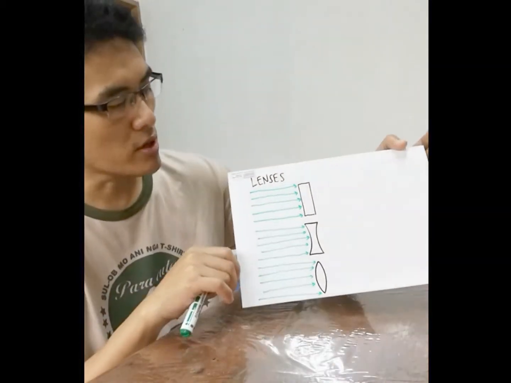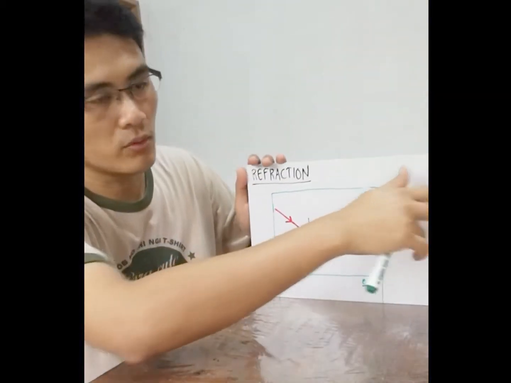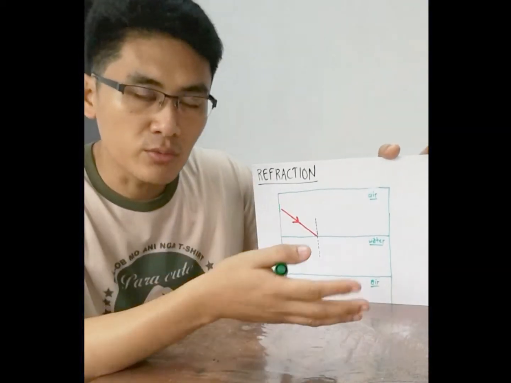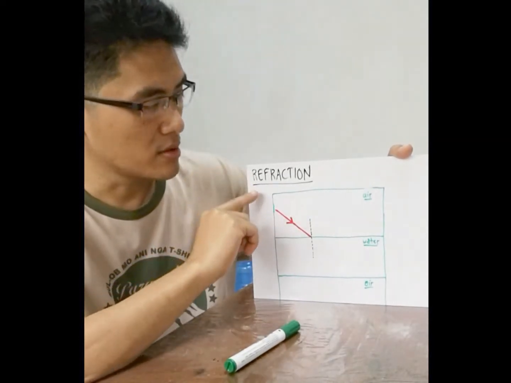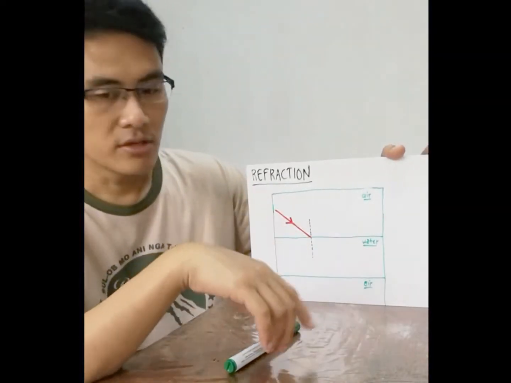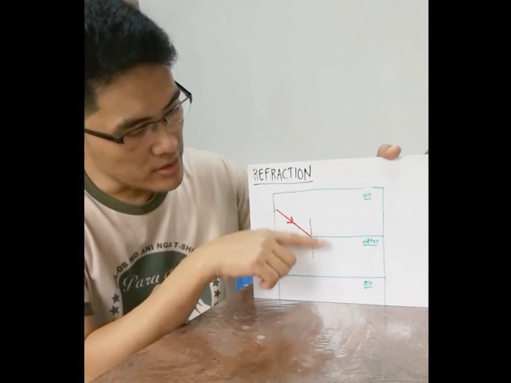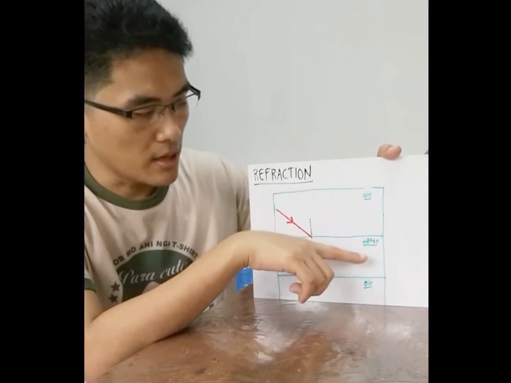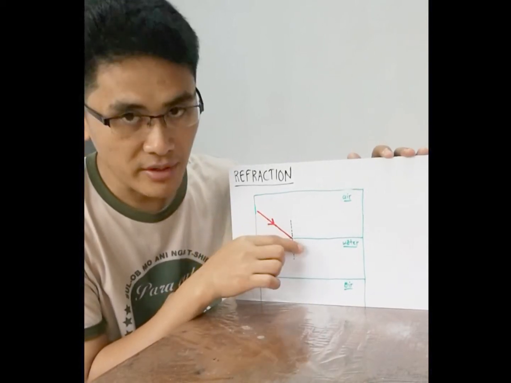Okay, so for now we are going to talk about lenses, but before that we have to take a refresher on what refraction is, because if mirrors work by reflecting the light rays, lenses work by refracting the light rays. So if you remember, refraction happens when a light ray enters the boundary of two transparent materials such as air and water. So say here you have a light ray, and that light ray crosses the boundary between the two